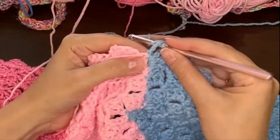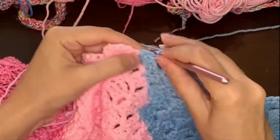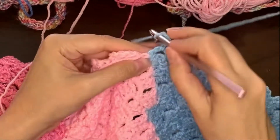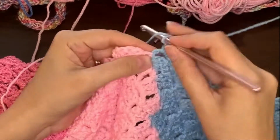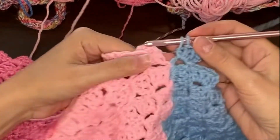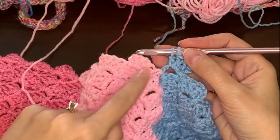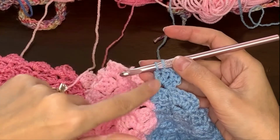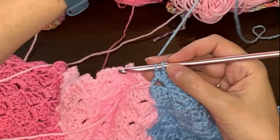So to make the last blue, I'm going to do my slip stitch and chain 3, and then I'll say 2.5 double crochets, and I'll show you why. So I've got my 3 double crochets, and I want to stop here because I need to pick up the pink, and the pink is down here, and so I want it to be the last loop of this double crochet that I'm ending. So I'm just going to leave my blue here